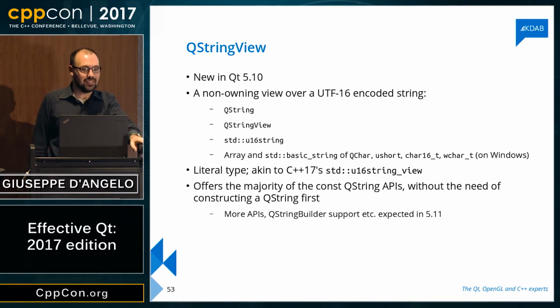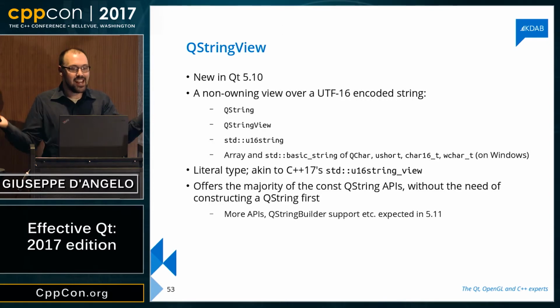So QStringView is basically std::string_view over QString data. Actually, I should say over QString-like data, because QStringView is basically just a view, a non-owning container over anything that looks like a UTF-16 string. So you can build a QStringView over a QString, over another QStringView, over a std::u16string, over an array of char16_t.